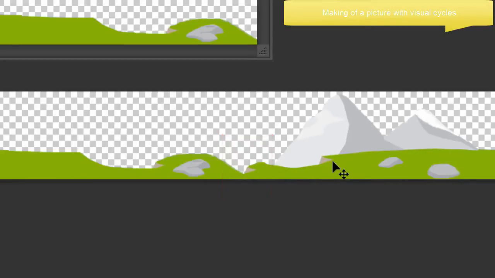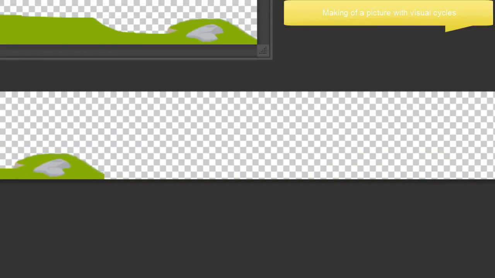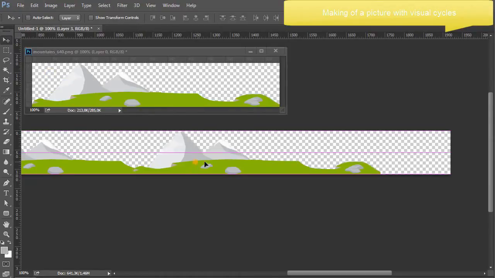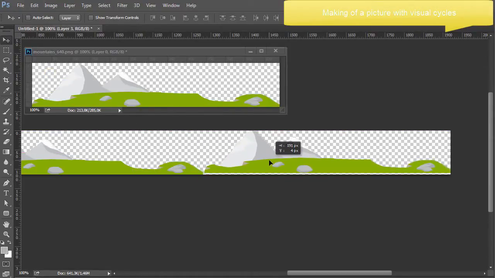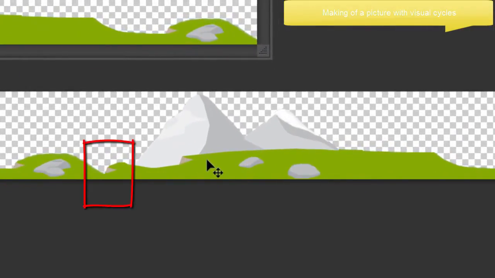Everything being okay, I'm going to paste my picture a new time on the right of this one. And check again that end and beginning match well.